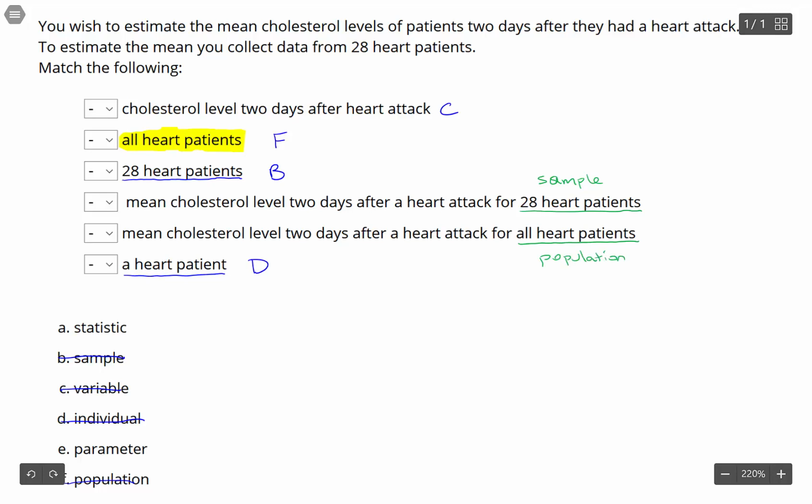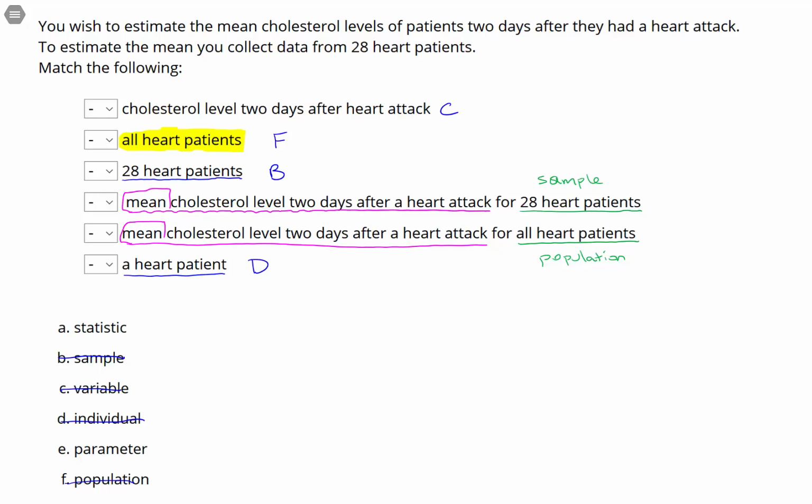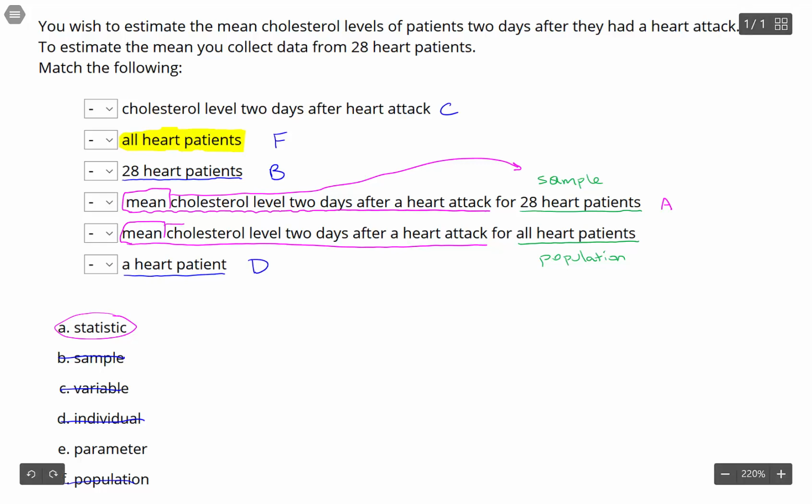Now, what we're doing that's different from the two items above these is that we are calculating the mean cholesterol level 2 days after the heart attack for each of those items. The mean, I'm going to circle the mean here, is a calculated value based off of this set of data. So when we have a calculated value based off a sample, that's what's known as a statistic. So this is A. And then when we have a calculated value based off a population, that's what's known as a parameter. So the answer to this one will be